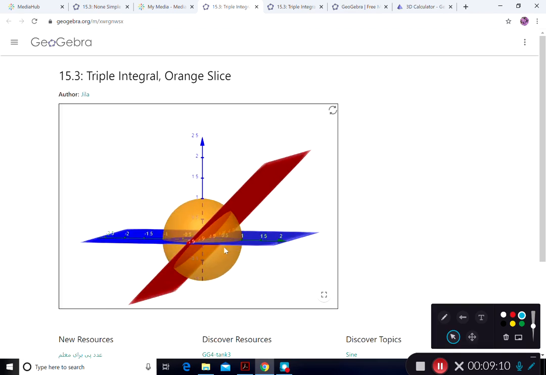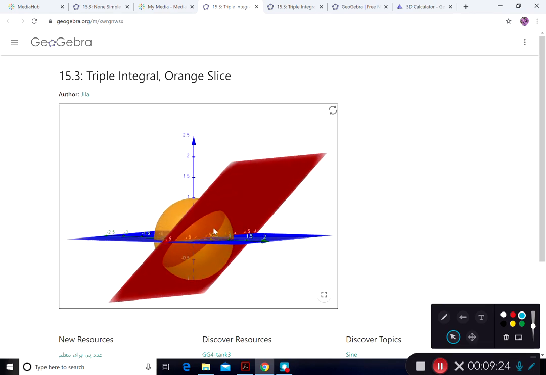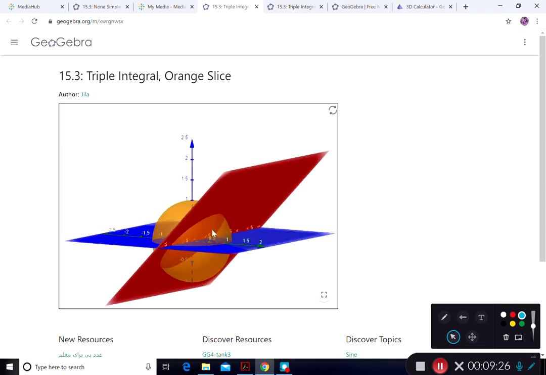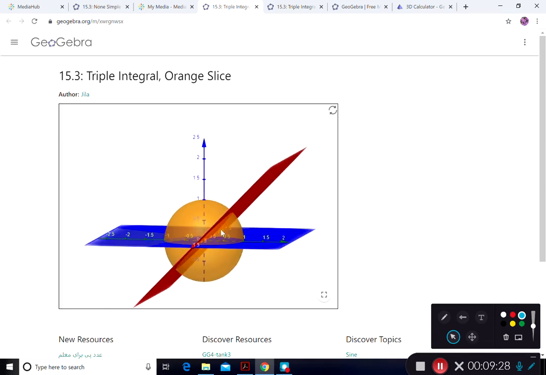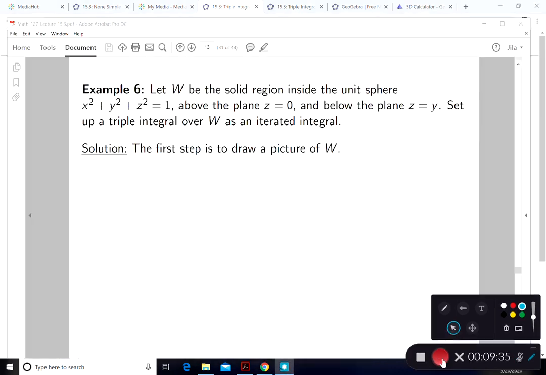So if you think of the sphere as an orange, the two planes are slicing the orange into one wedge. So what you're trying to figure out is the volume of that little wedge of the orange. So now, to find basically that volume,